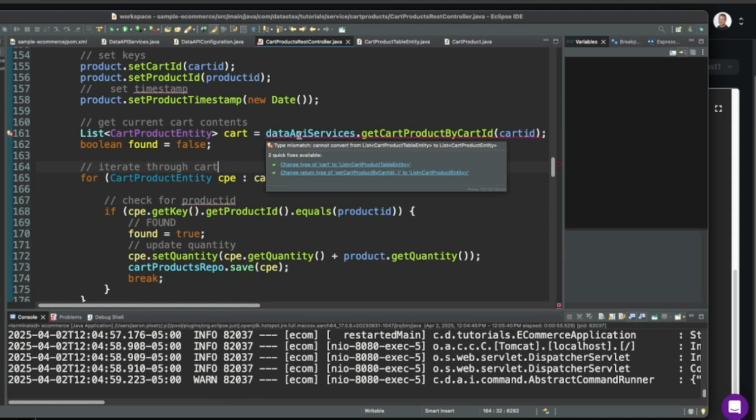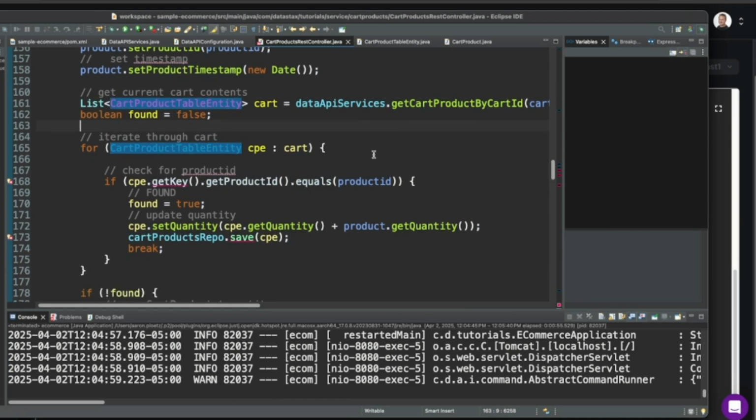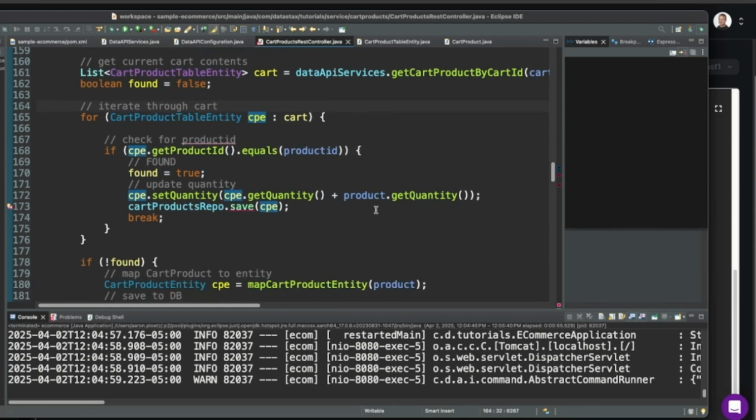And that returns a list of cart product table entity, and same thing, we'll say cart product table entity. There we go. So then we can do CPE, get product ID. Perfect. If it already exists in the cart, we're not going to add it a second time.